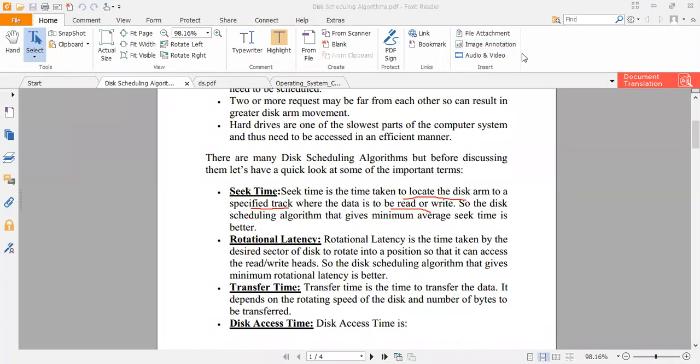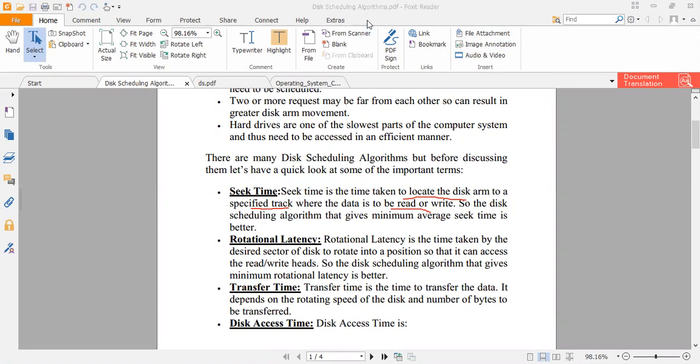जाहिर सी बात है, जिस एल्गोरिथम में हेड का मूवमेंट मिनिमम होगा, that will be our best algorithm. Like in case of CPU scheduling, जिस एल्गोरिथम में वेटिंग टाइम मिनिमम होता था वो हमारा बेस्ट एल्गोरिथम होता है. Similarly, in case of disk scheduling algorithm, the algorithm that has minimum average seek time, that will be the best